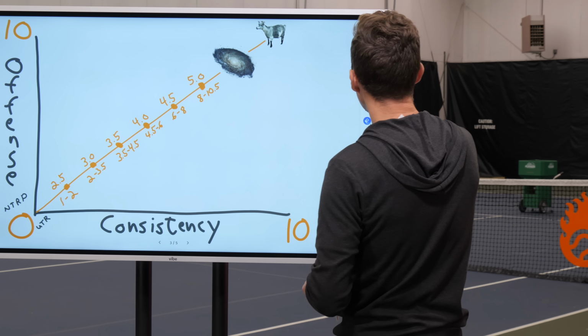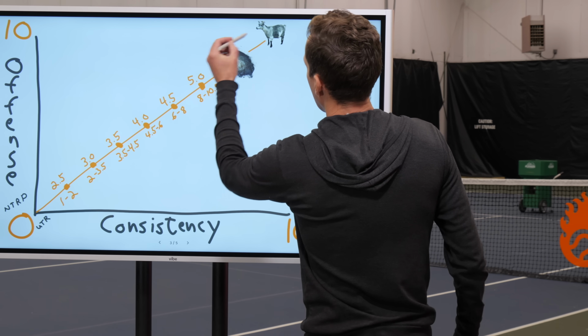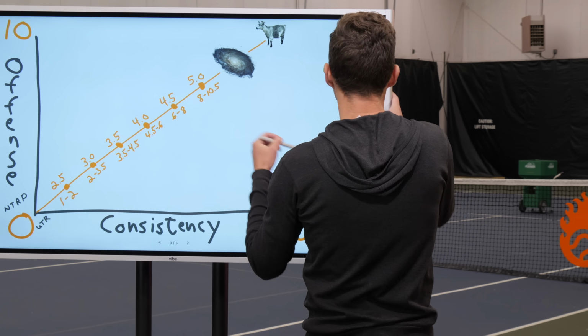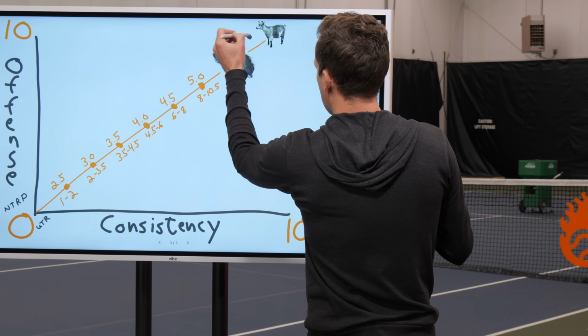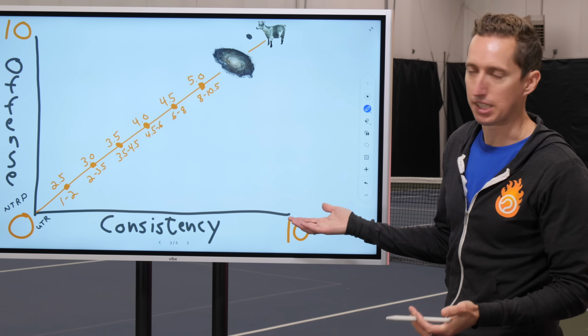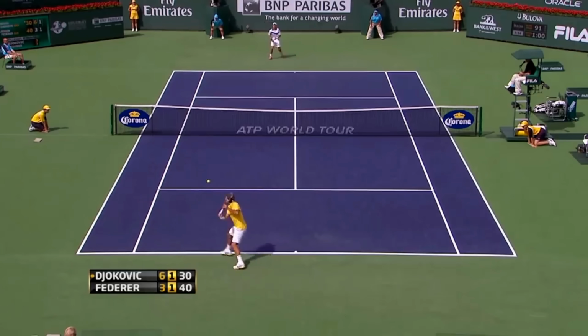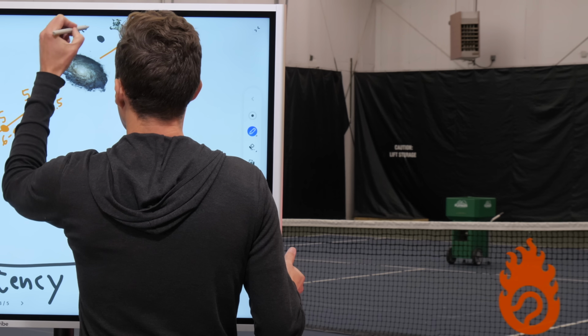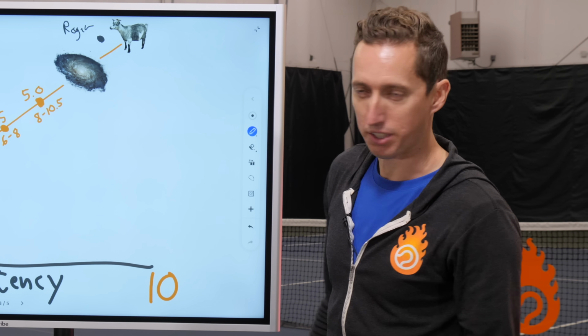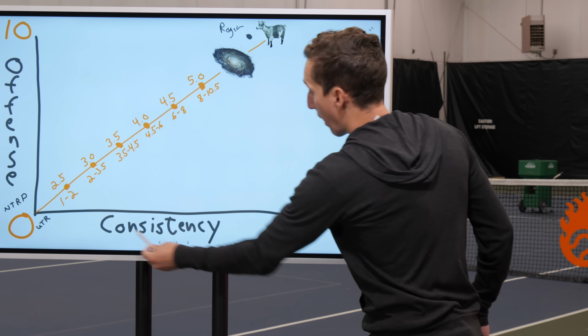In fact, let's go ahead and put a couple of dots up here. Like Roger Federer, for example, leans more towards the offense side of things. Yeah, of course he's consistent, but he's more of an attacking player. So Roger, just to give you an idea of how this scientific chart works, there's a dot for Roger,